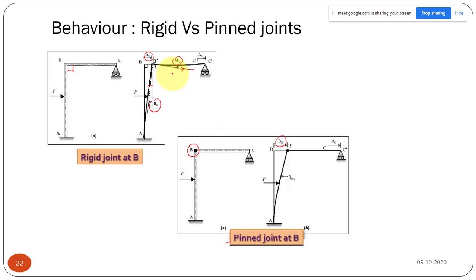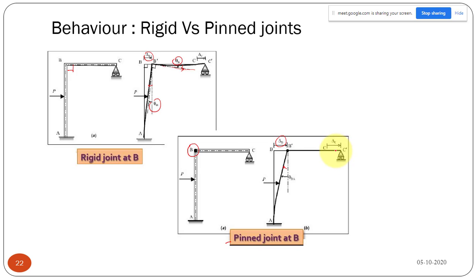But when you come to the rotational movement, only the column will have some rotation this much, and the beam will remain undeflected. That means the moment will not transfer from the column to the beam. In this beam there is no load, so the bending moment will be 0. That means there is no bending at all in the beam. That is why it is remaining straight.